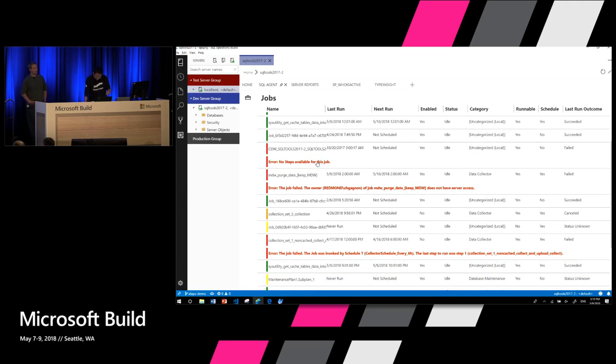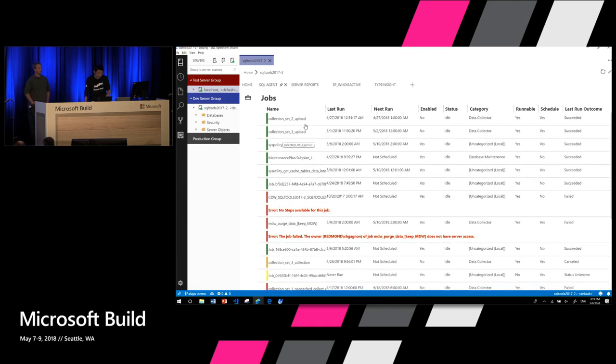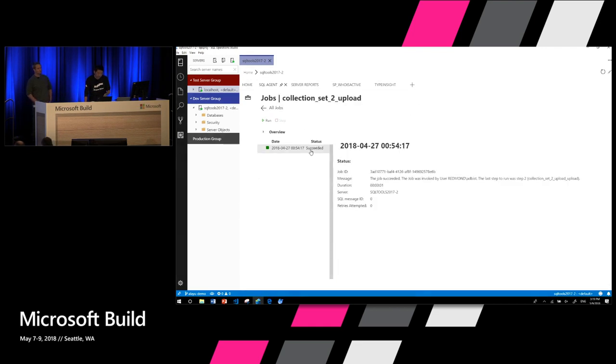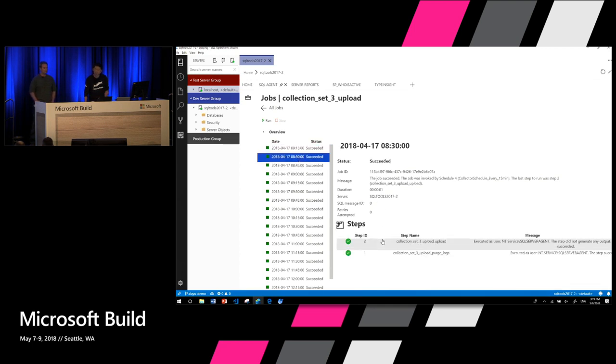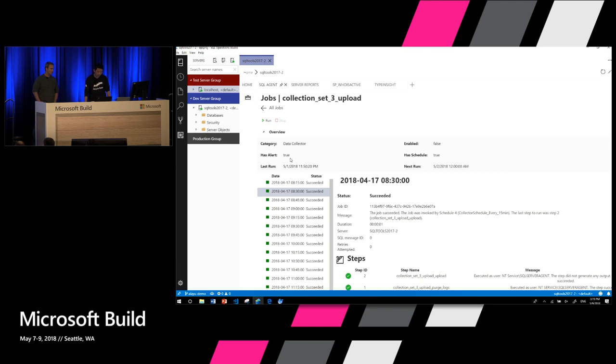You could see error messages very clearly here, as well as jobs that ran successfully. If you actually click on here, you can see all the past runs. So maybe this one isn't as informative. Yeah, here. So you can see all the past runs for collection set 3 upload, and actually click on it and see if there's steps involved here. So there's a job step ID 1 or 2. Then you have that ability to see that. You can also click on overview to see things such as whether the alert has been set up and any